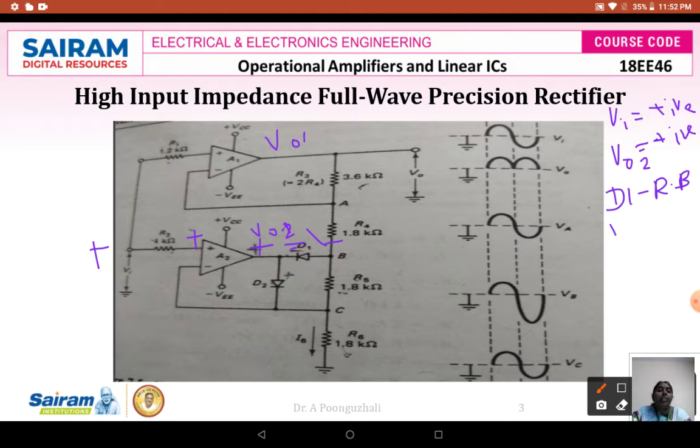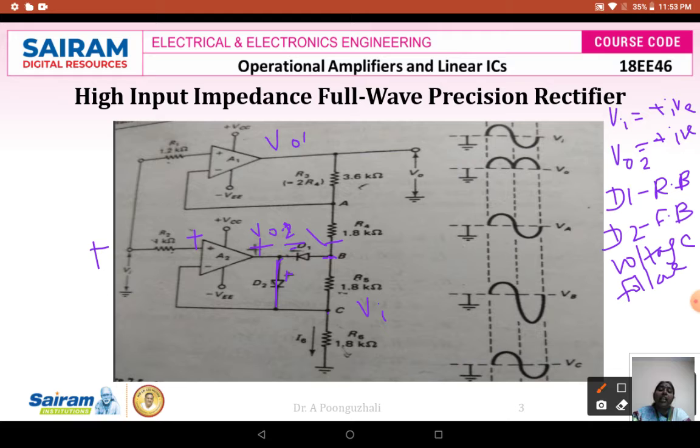And now my diode D2. Coming to diode D2, this is your negative voltage there. So here we have the positive connected to the positive of the diode. That means this is going to act like a short circuit. When it acts like a short circuit, this circuit will behave like a voltage follower. So D2 will be forward biased and the lower part of the circuit will act as a voltage follower there. So my input voltage is going to be VI. That means the terminal at this point is going to be VI. And here I am not going to have any output voltage. So no output voltage is going to be at this junction B there.